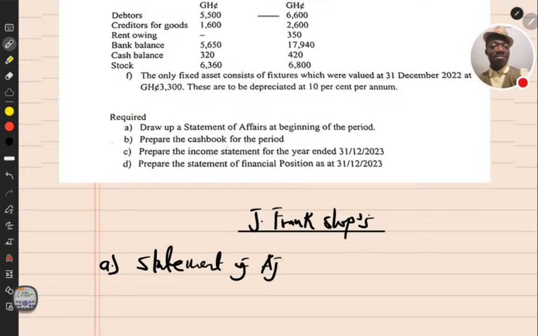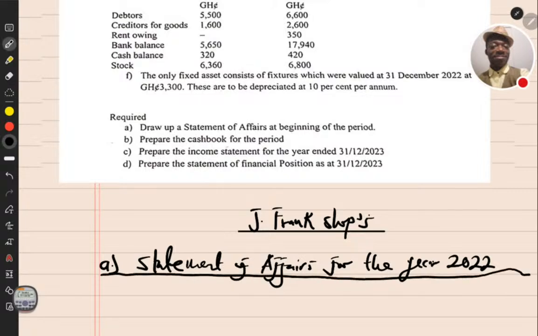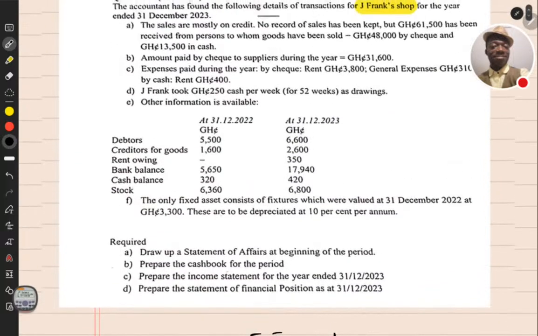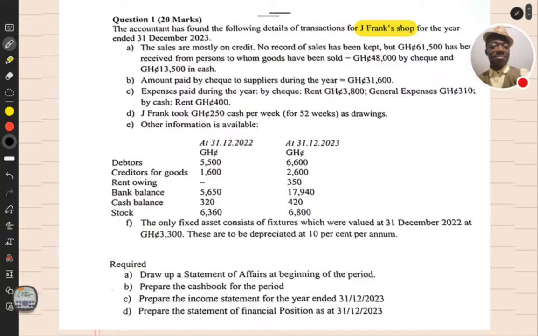of affairs for the year 2022, so that we can extract the opening capital of the entity. So back to the question here, we have been told that the accountant has the following